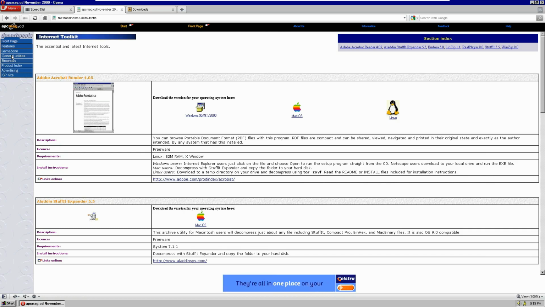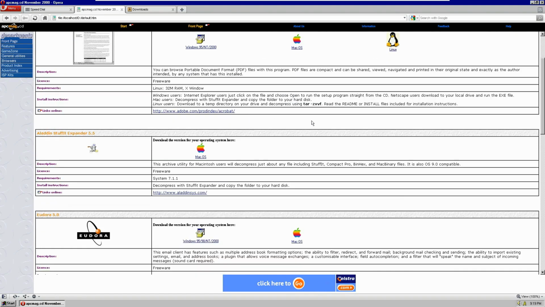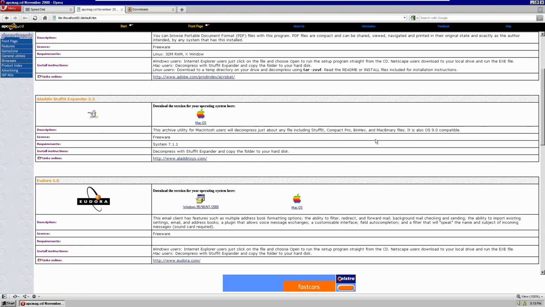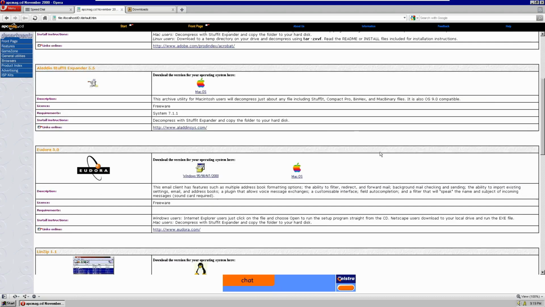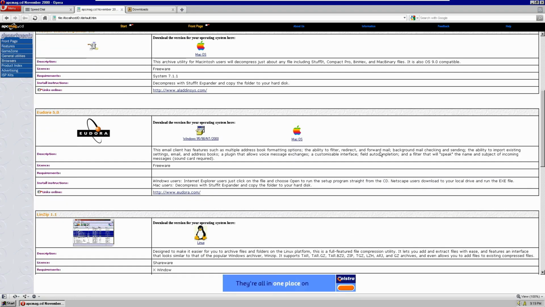General utilities are Adobe Acrobat 4.0, Aladdin StuffIt Expander. I have 7-zip, so whatever. Eudora. This email client features such as multiple address book formatting, ability to filter, to redirect forward mail.